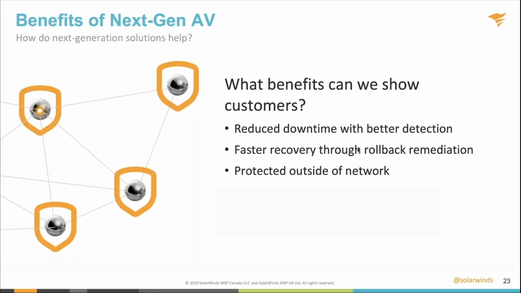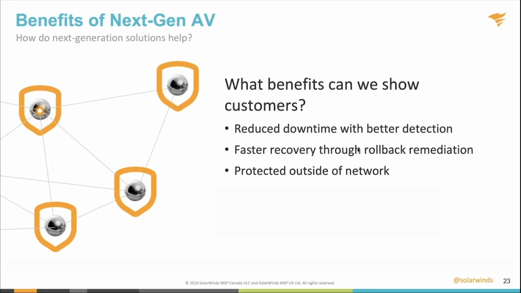So digging into the benefits a little bit deeper than we did before, of course, reduced downtime with better detection. Downtime, as we know, we have this conversation with customers all the time. This is why we do managed services, right? Managed services plans are advantageous to the end customer because it keeps them up and running longer, because every minute that they're down is dollars coming out of their pocket, and dollars not coming in from customers typically. Faster recovery through rollback remediation means if something does happen, there's a much faster path to getting them back